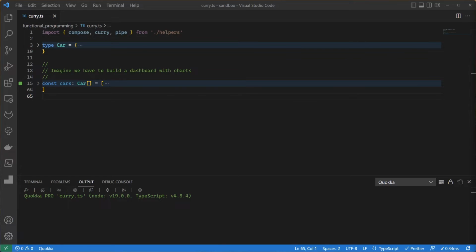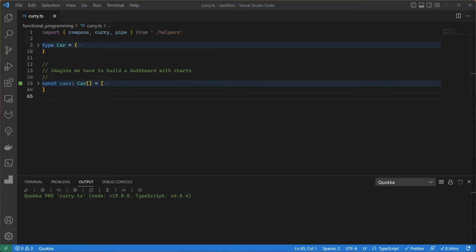Let's look at a practical example with all of these concepts combined. So here I have an exercise file. It's written in TypeScript. If you're not familiar with TypeScript, just ignore the type annotations. It's still valid JavaScript without them. Also, I might create some videos about TypeScript in the future, so get subscribed to see those.